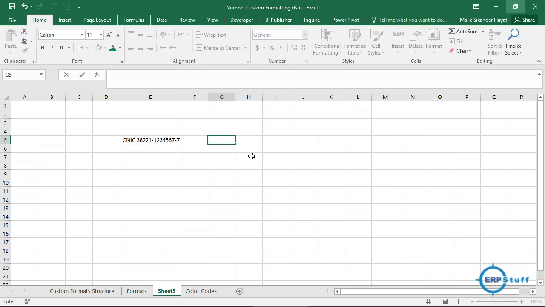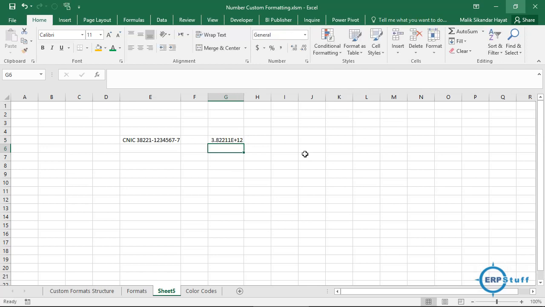Ideally, if I type 38221 without dashes, 1 2 3 4 5 6 7 7, and press enter, it automatically converts the entered number into my format, which is this. After 5 digits there is a dash, then after 7 digits there is a dash, and the last part is 1 digit. So automatic formatting, right?